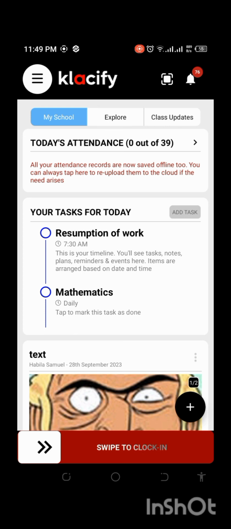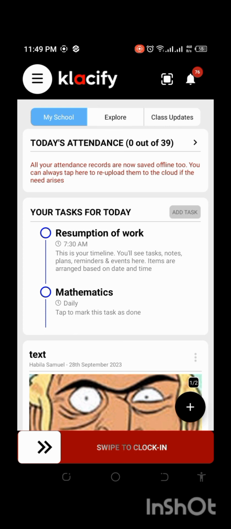Regarding the attendance, of late we've been getting complaints from some staff who clock in with data, but the school owner hasn't been able to get these notifications. We had to provide a permanent solution for that. So what's the solution? When a staff clocks in going forward, the report saves offline. So anytime your school owner tells you that they didn't see your report for today and all of that,